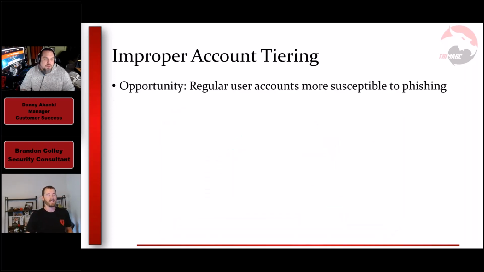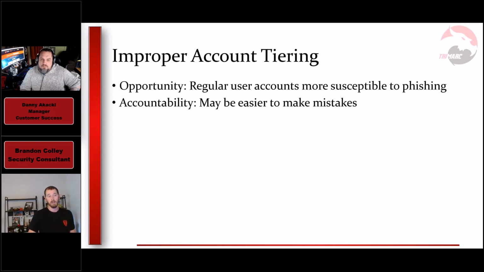So that's what it basically is. That's what we're going to talk about. And so why is it really a problem? Some of this goes without saying, but I'm just going to touch on a couple little words that might make it make sense. So opportunity. Problems with your account tiering create opportunity for regular users to be more susceptible to things like phishing, to targeted attacks where maybe a threat actor is attempting to push malware to a specific workstation. If that account's not an administrative account, or not a local admin, then the opportunity isn't really there, or it's not as great for sure.